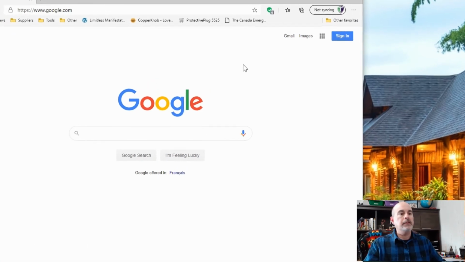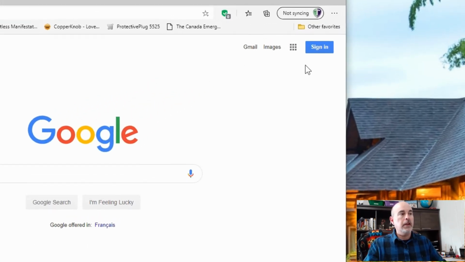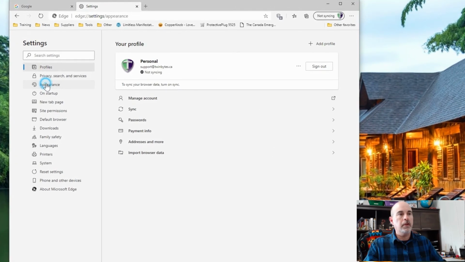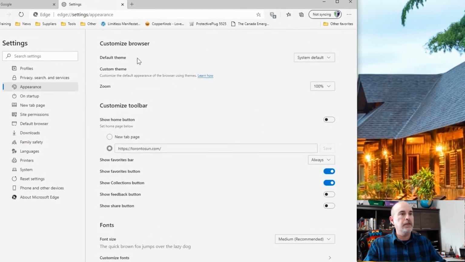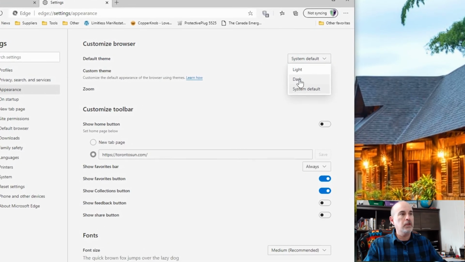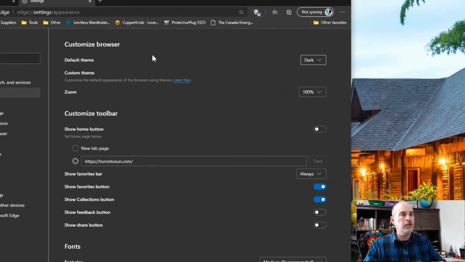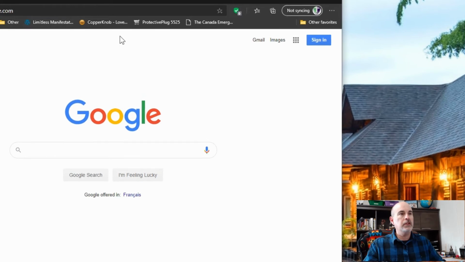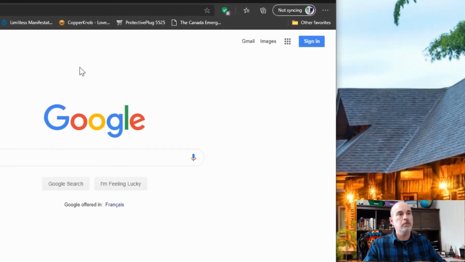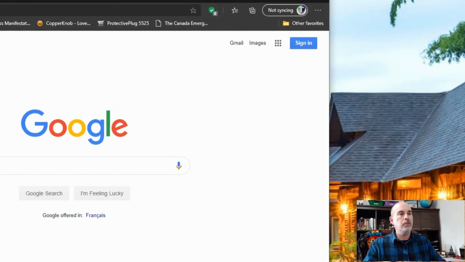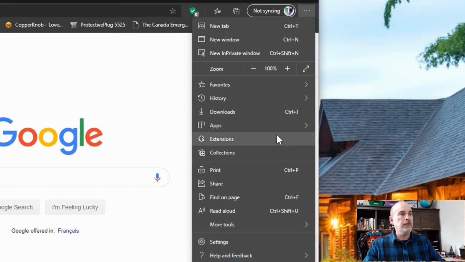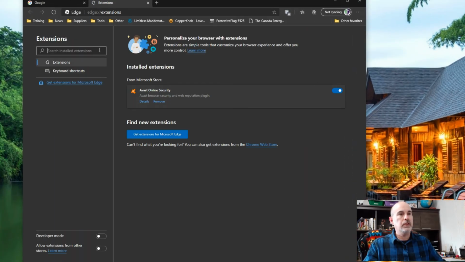So let's look at Microsoft Edge now. Edge has an option for the top part. If we go in the settings, under appearance, and the default theme, it's got the system default. You can set that to dark, and it looks like everything's gone dark, but again, don't get excited. It only changed the top part here like it did with Google Chrome. It didn't change all of the websites, so they're not going to be affected. You would have to then go in and find some kind of an extension.